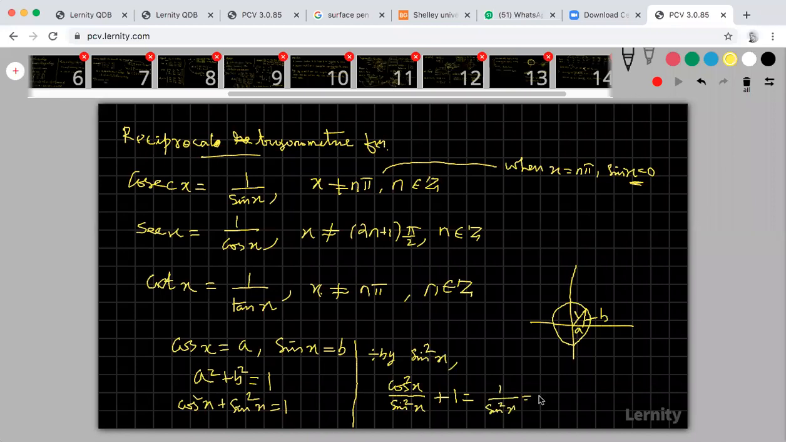Okay, right. What is your cos square by sin square? Actually, cot x means 1 by tan. Actually, tan means your sin by cos. So therefore, your cot x is cos by sin. Okay, so therefore, your cos square by sin square is nothing but cot square x